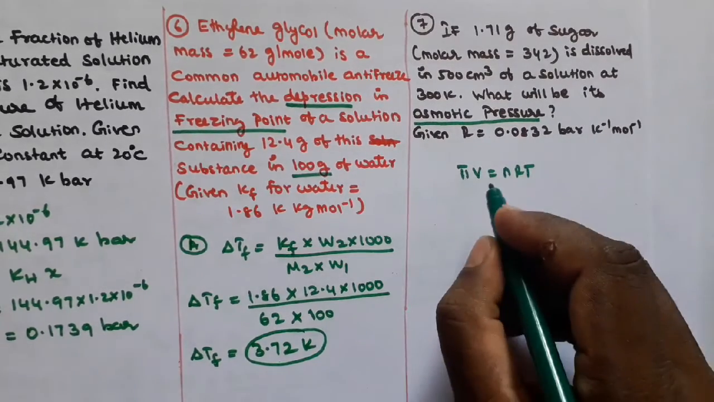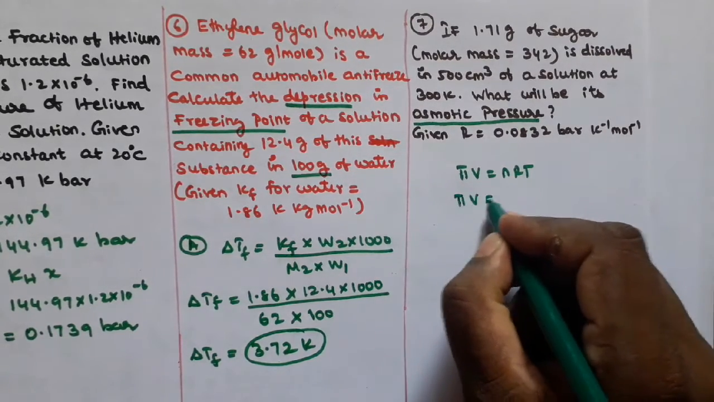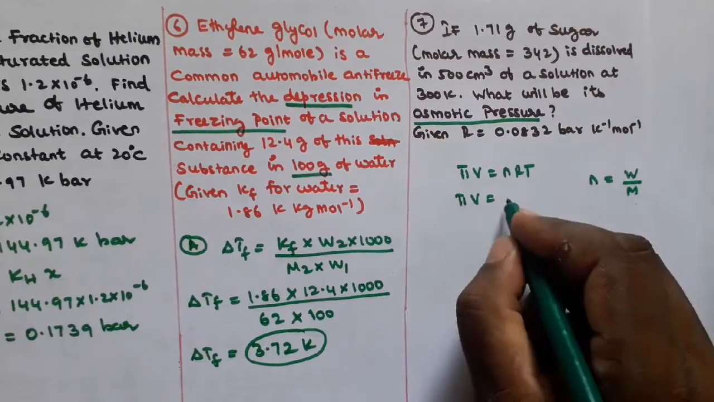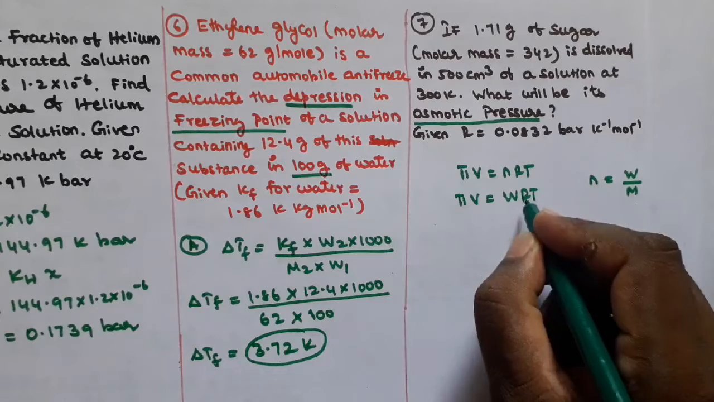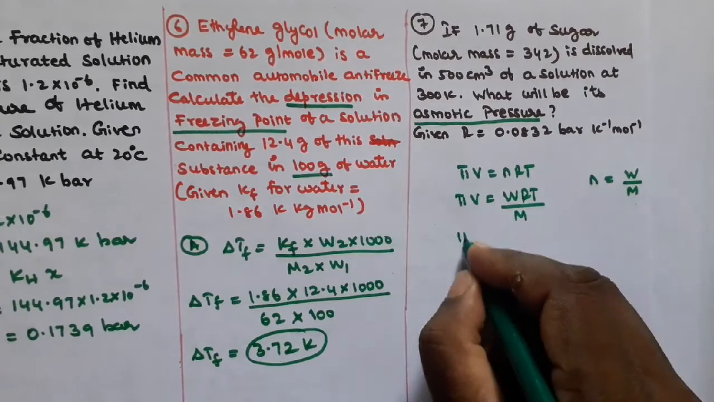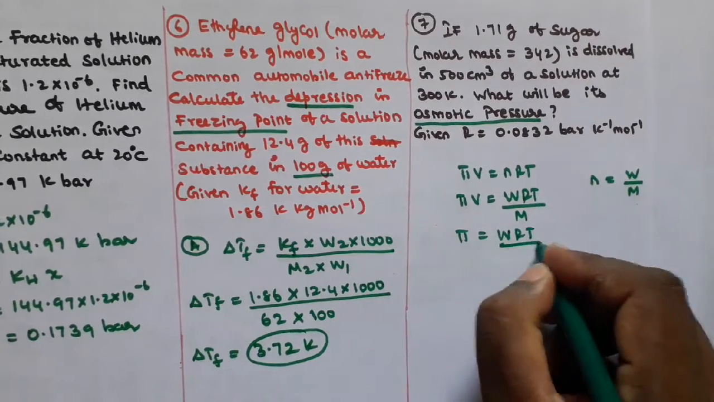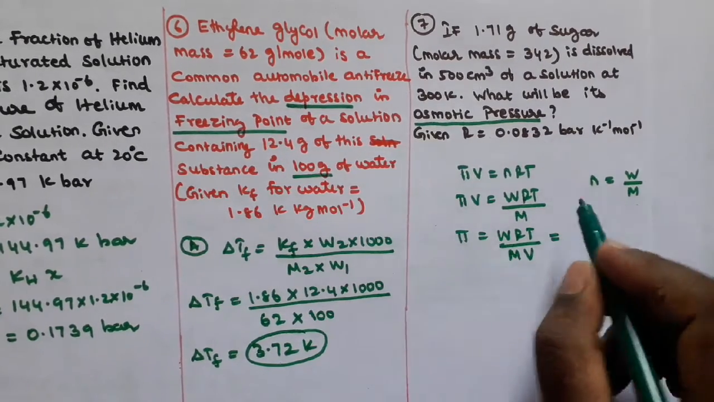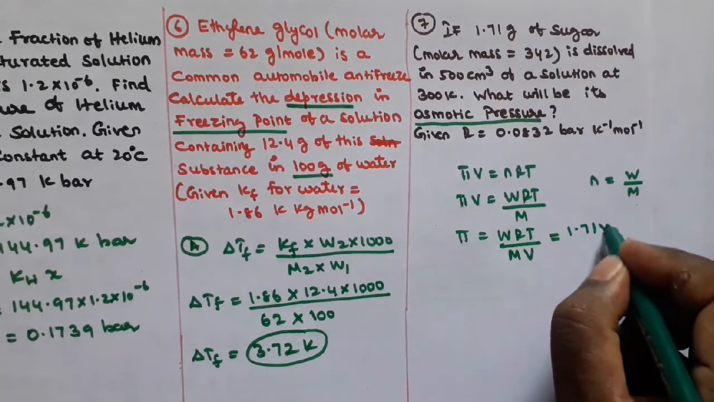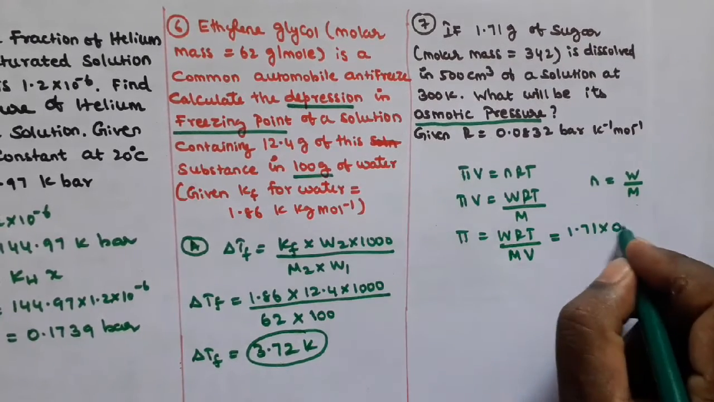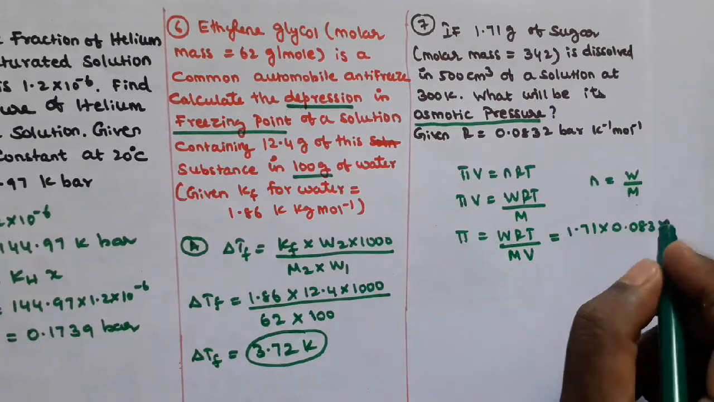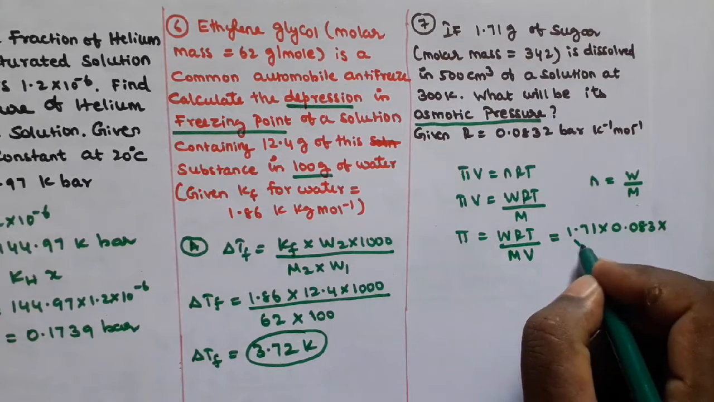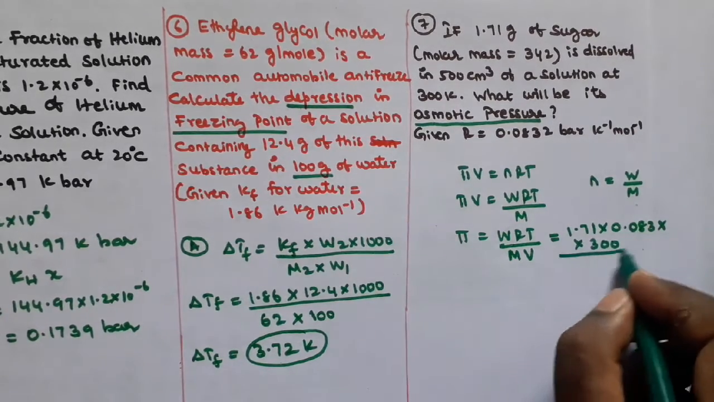We already know that n is equal to mass by molecular mass, so W by M. So W by M into RT. So pi is equal to W RT by M into V. Substituting the known values, 1.71 into 0.083 into temperature, which is 300 Kelvin, divided by